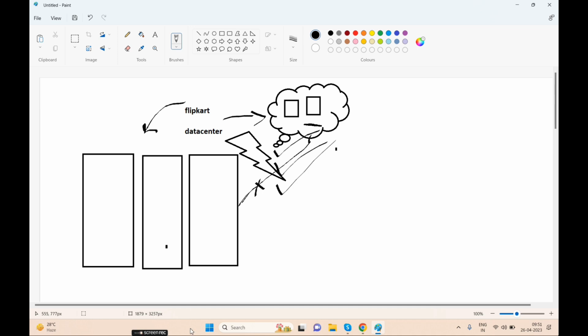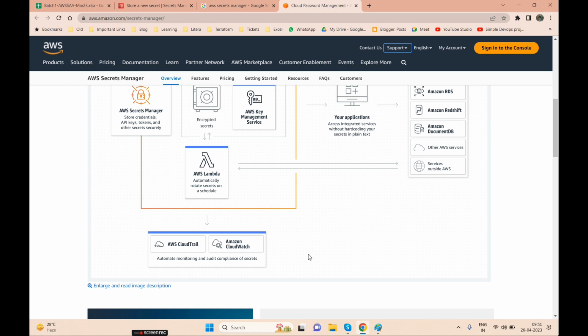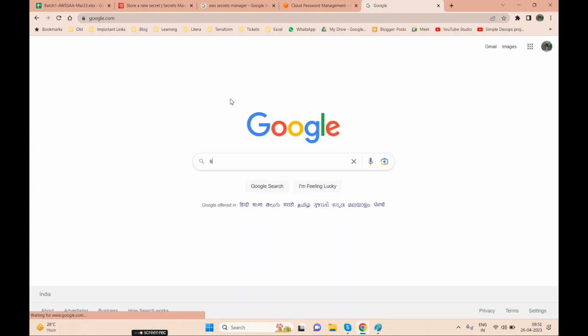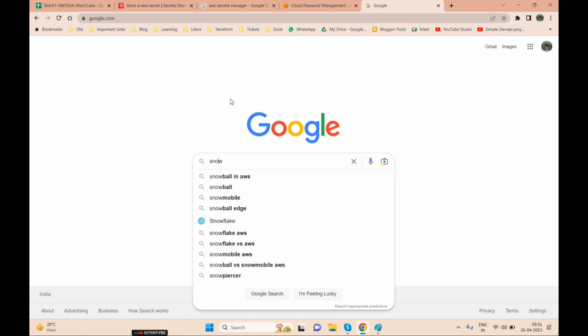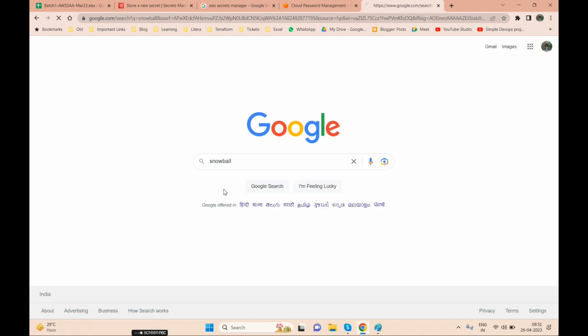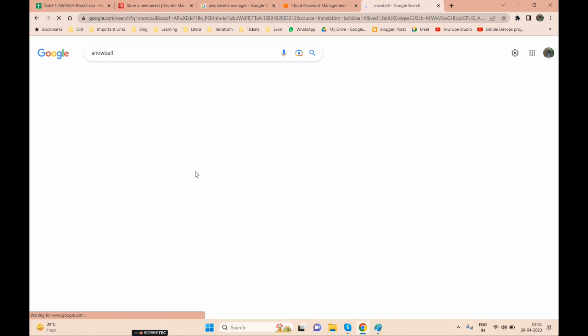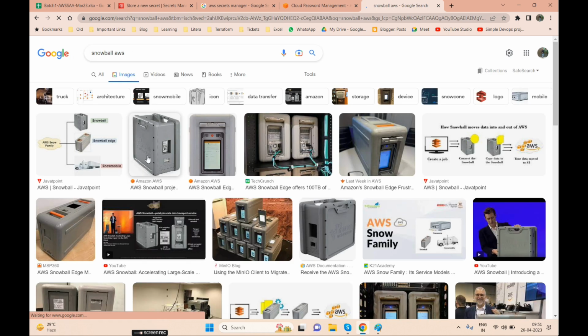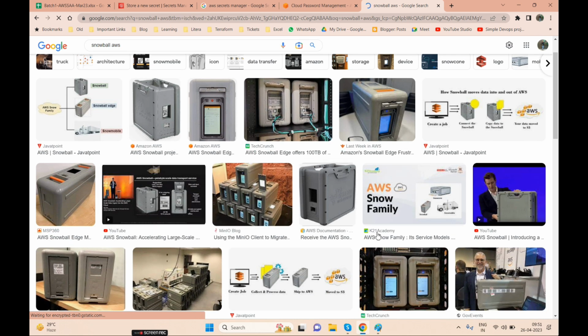Now how does it look? Let's go to Google and search for the Snowball in AWS image. See, it's kind of a briefcase-like thing.